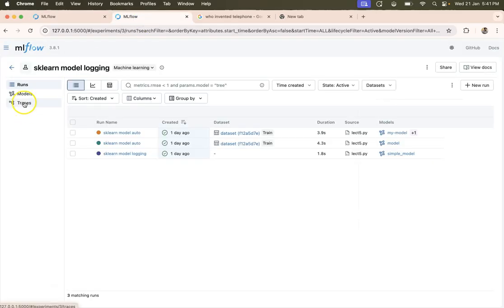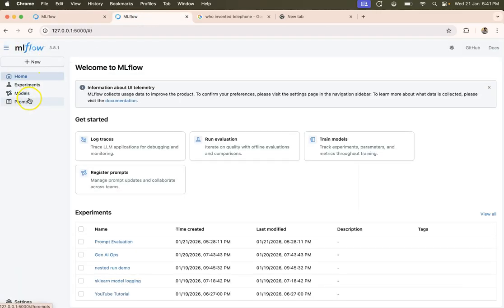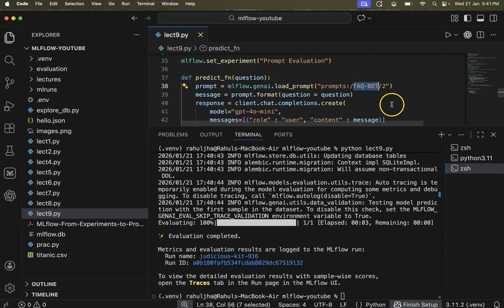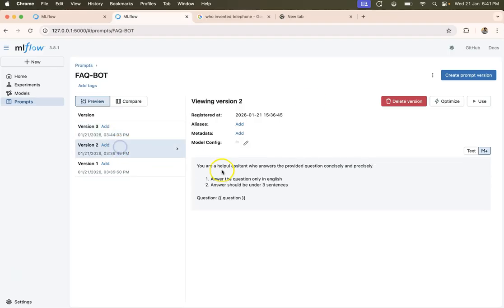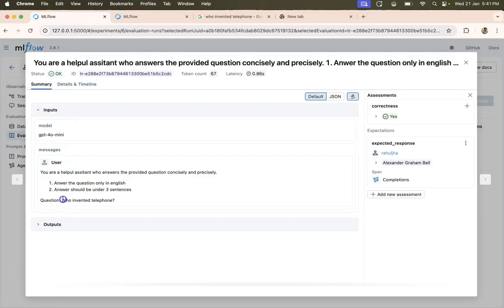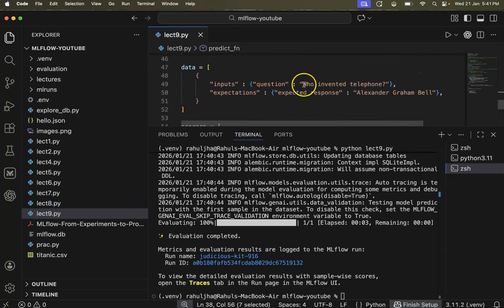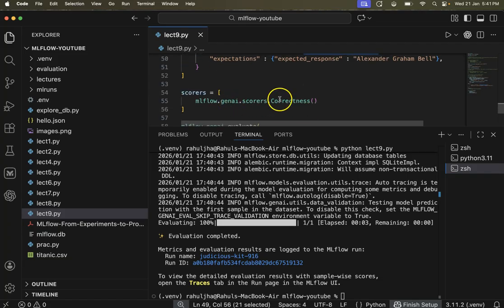If I open this FAQ bot and load the second version, this is the prompt template that we are loading, and we are replacing the question. The question, who invented telephone, is coming from our evaluation data set. I can call this the eval data set, and this the eval metric.